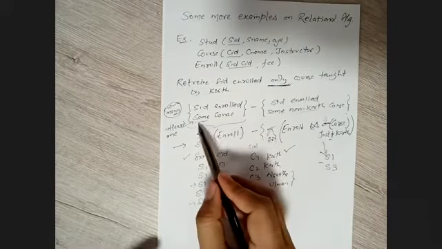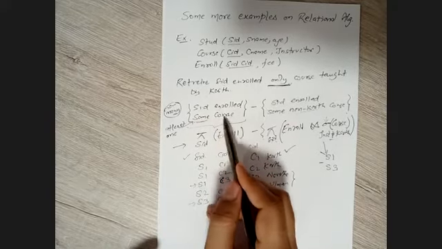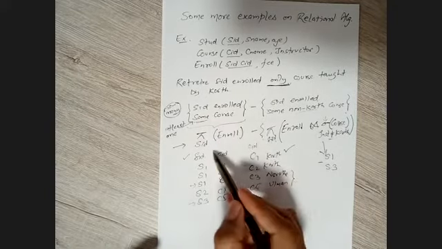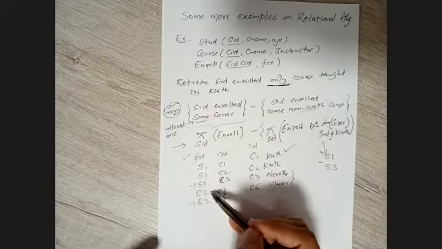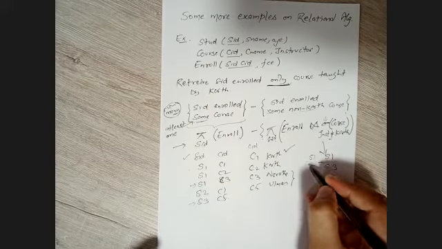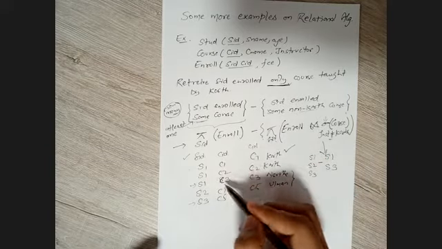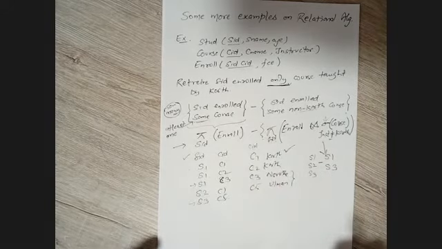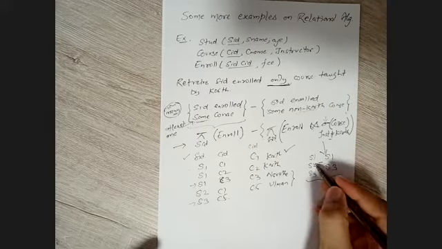We are going to perform the set difference operator here. And in the set difference operator, what should be the values here? The SIDs enrolled in some course. So what should be the SIDs from here? S1, S2, and S3. Why? Because every SID is enrolled in some course. So what should be the answer for this one? That is A difference B.